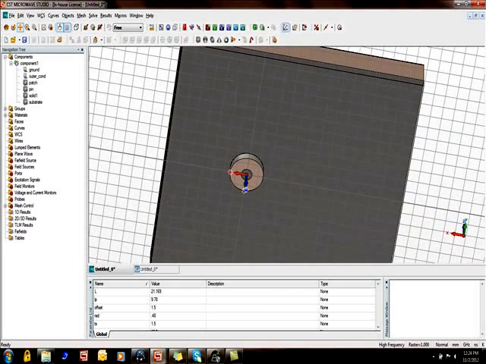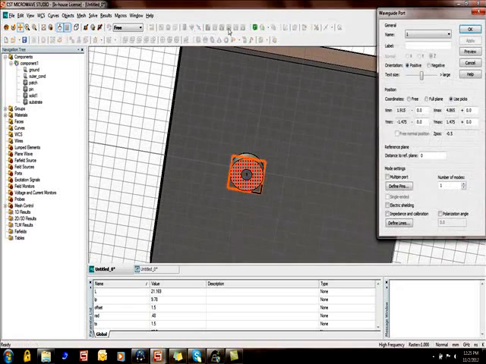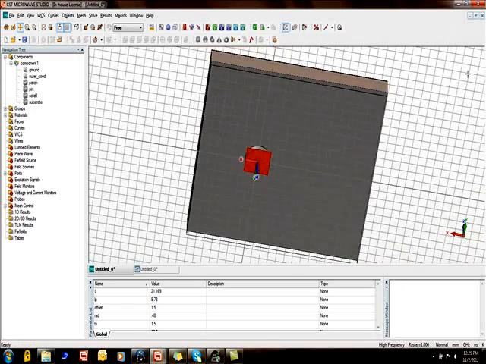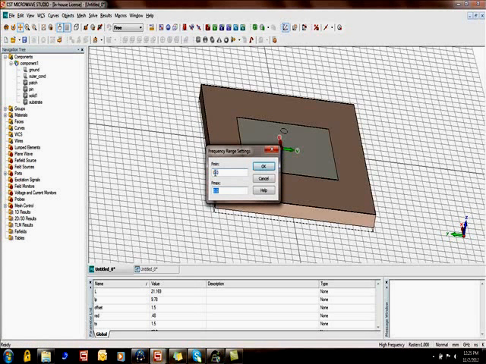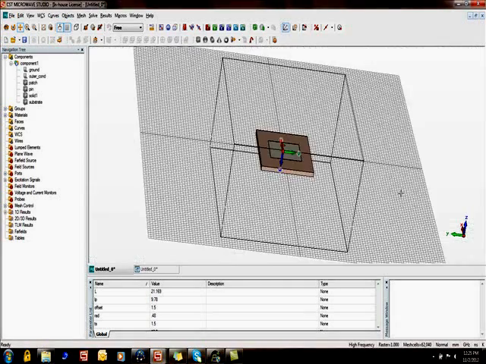And after this, you need to design a waveguide port. So click on face of a dielectric material, go to waveguide ports, select waveguide port and then click OK. After this, you need to define frequency range and then press OK.